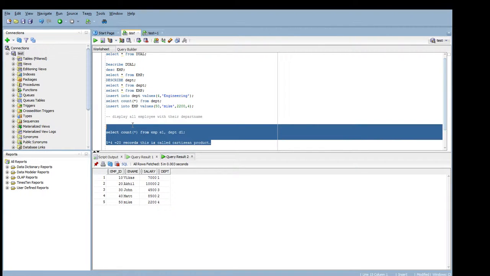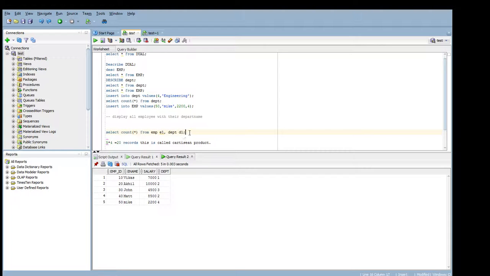So what we will do here: select star from employee E1, department D1 where E1 dot employee ID,